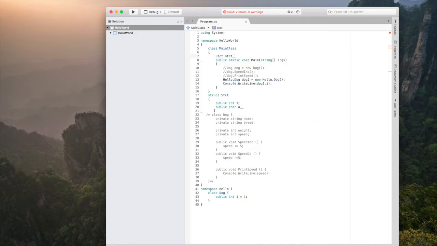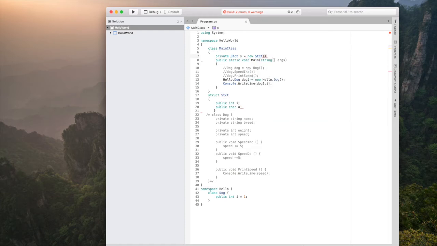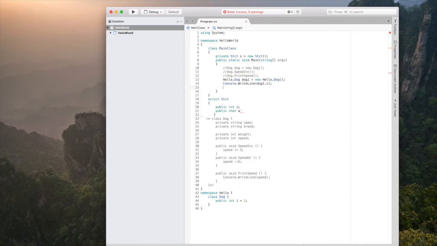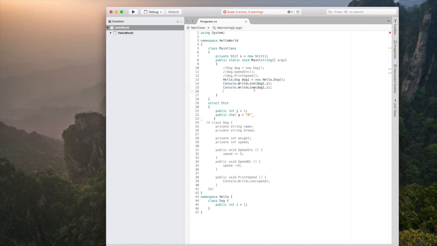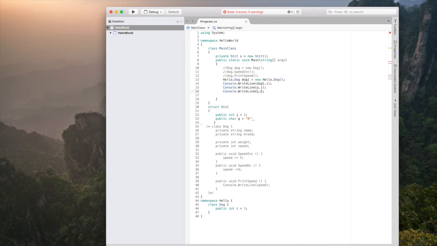S is going to be private that equals new struct, and now we created an object, and let's save 1 inside of the I, and inside of the A we're going to save B. So console s dot I and A,